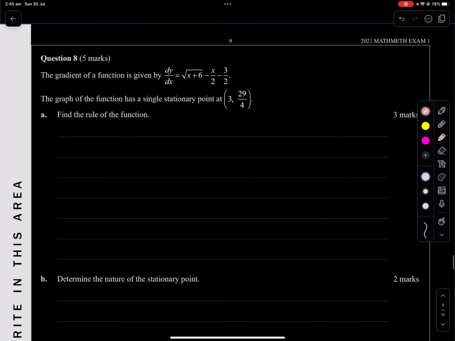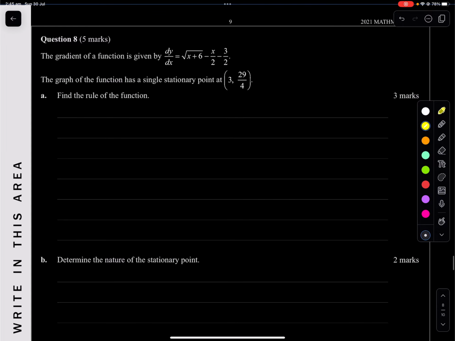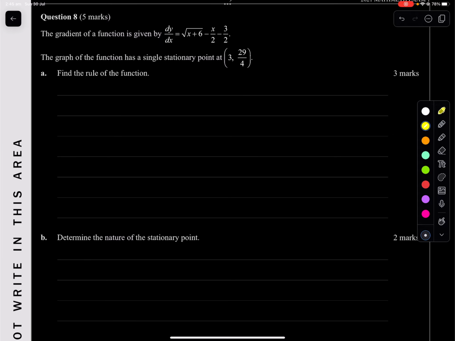All right, question 8. The gradient of the function is given by this. The graph of the function has a single stationary point. Find the rule. Okay, so I'll just integrate it. So if I can integrate this, and that's just like x plus 6 to the half minus half x minus 3 over 2 dx. Now, I know that if I integrate this, we're saying, add 1, so it will be 2 over 3